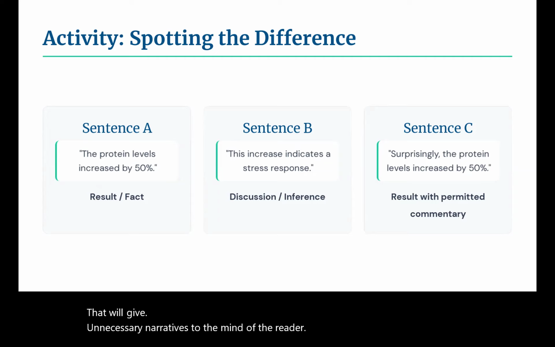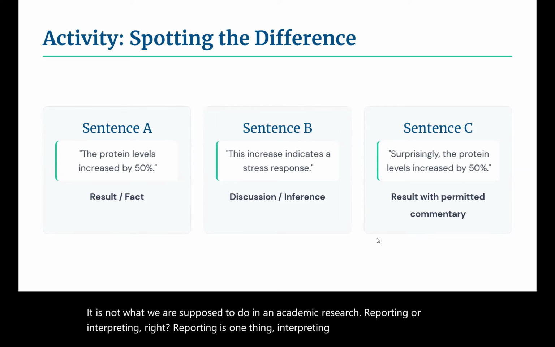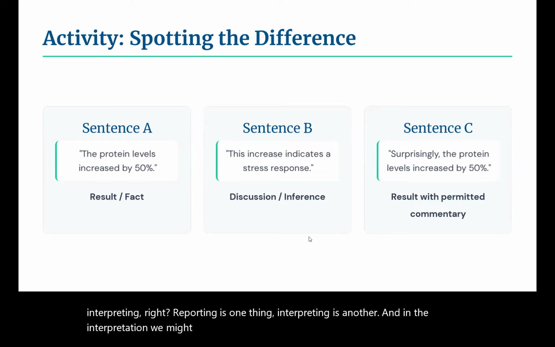It is not what we are supposed to do in academic research reporting or interpreting, right? Reporting is one thing, interpreting is another. And in the interpretation, we might go into such inferences and discussions, but not here in the results section.